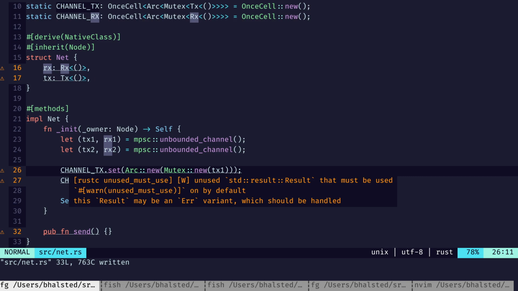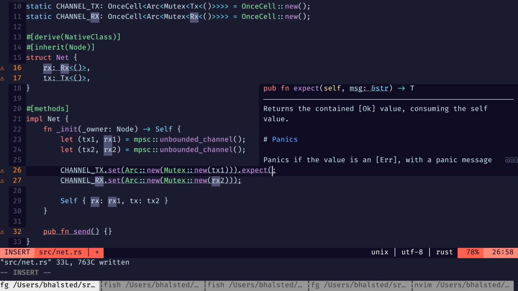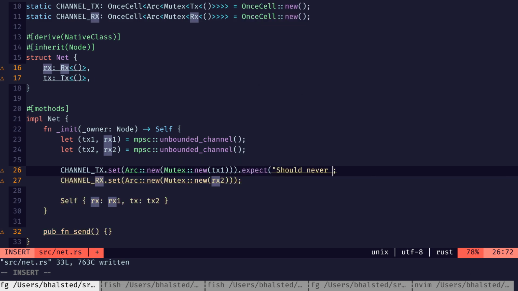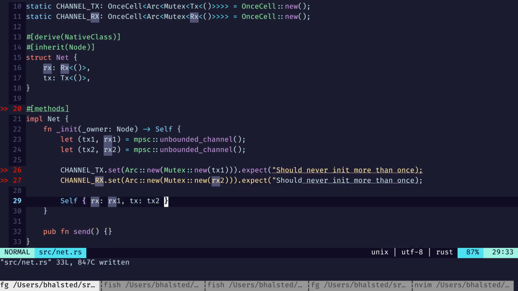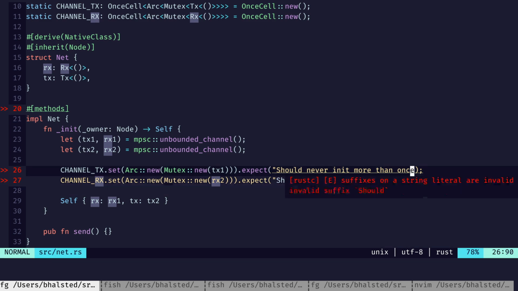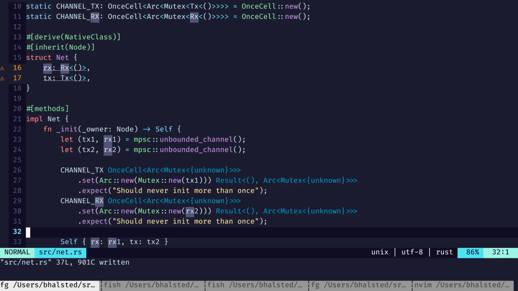Hmm. This should not get in it twice. Yeah,